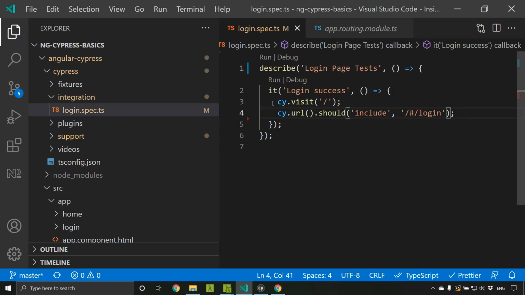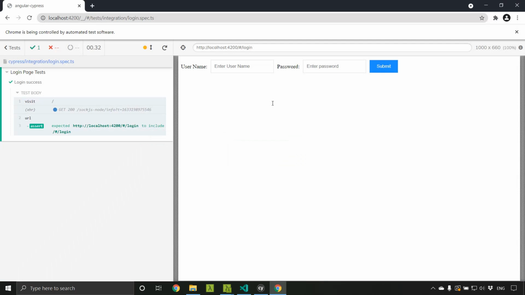Now ideally it should pass. So here you can see that the assertion got executed, and it is showing that the login is included within our URL.